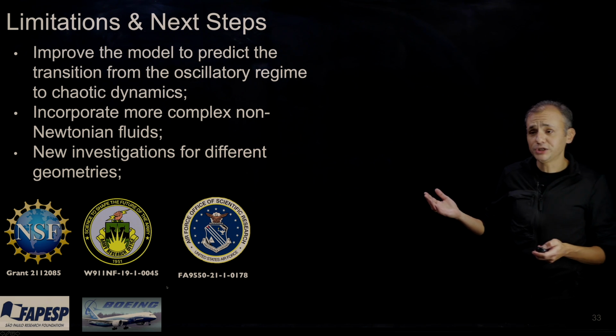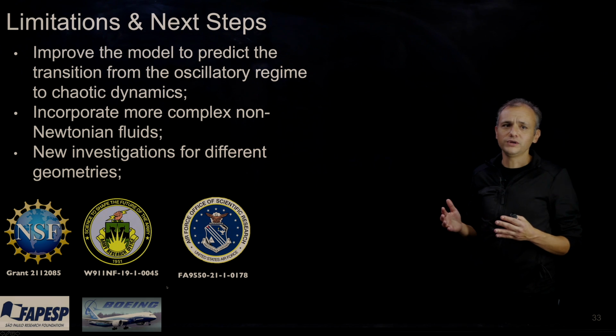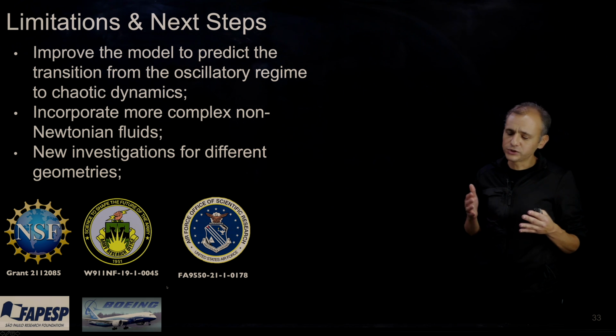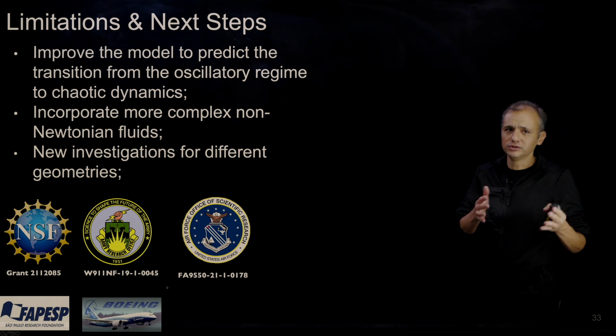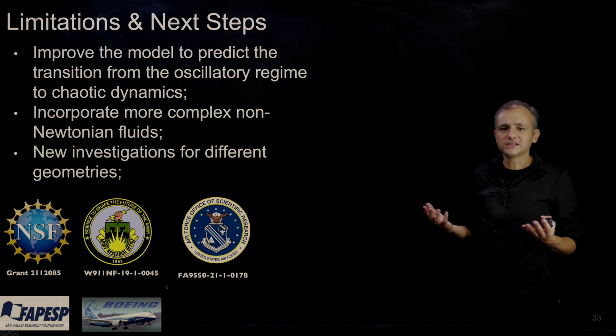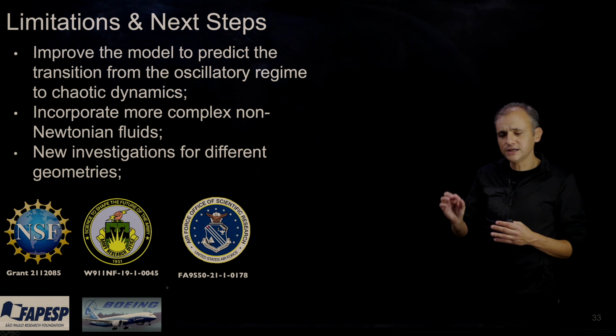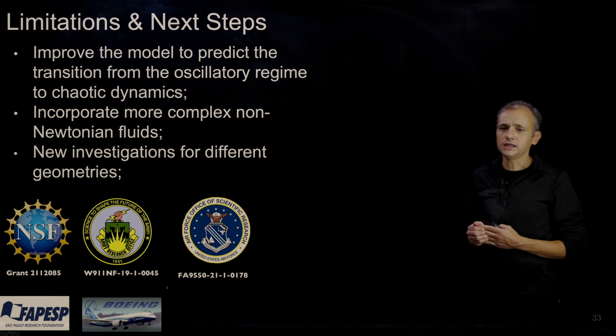We have some limitations, and then some motivation for next steps. First, we need to improve our strategy when we go to elastic turbulence or more chaotic dynamics. Also, we need to incorporate more complex non-Newtonian models or non-Newtonian equations. And finally, it would be very important to investigate new geometries or new benchmarks in non-Newtonian fluid